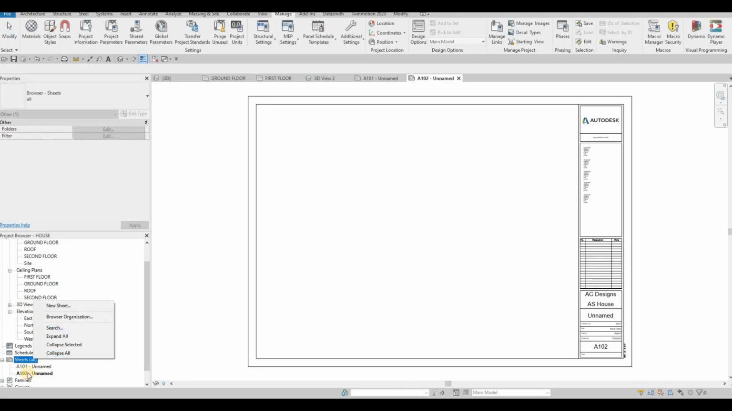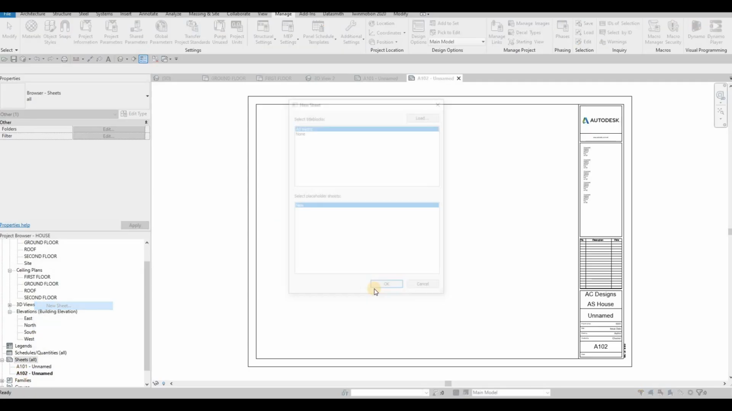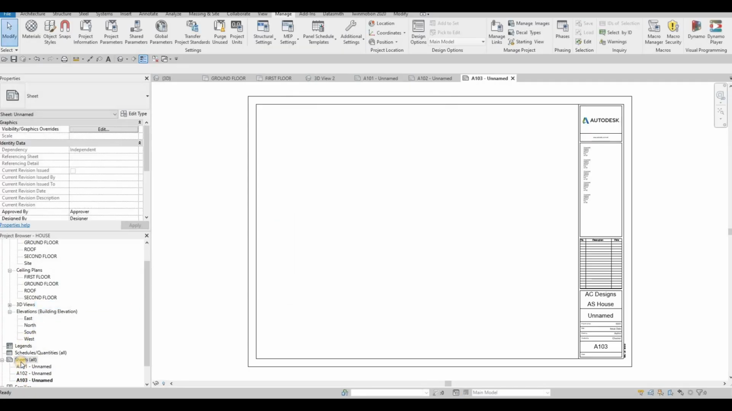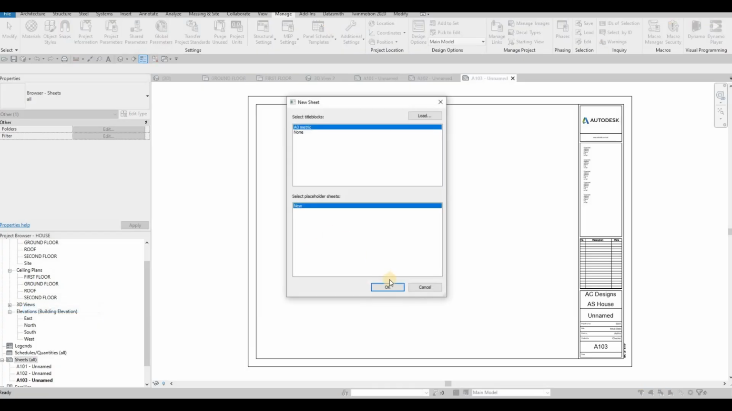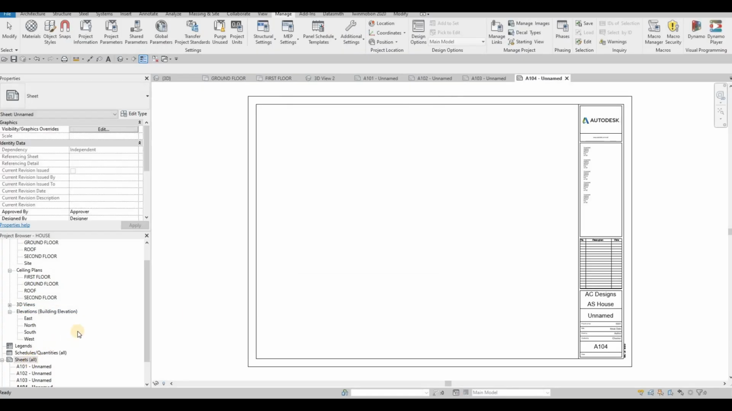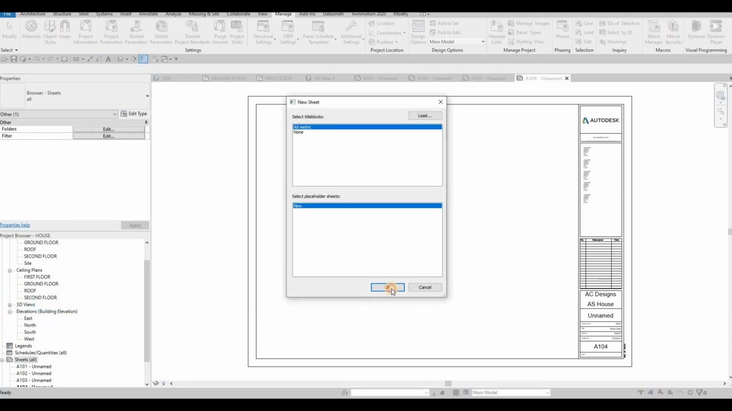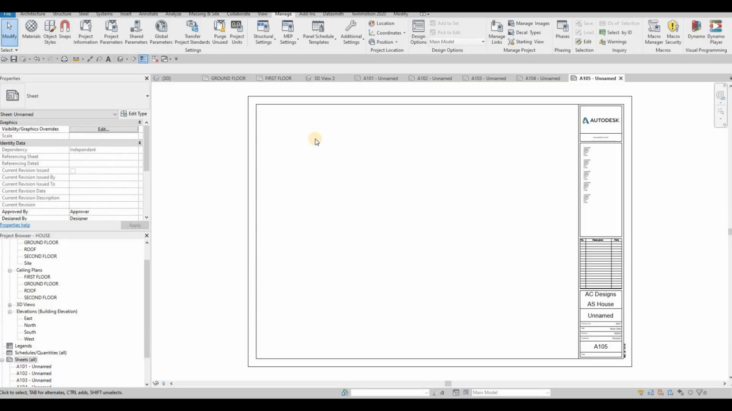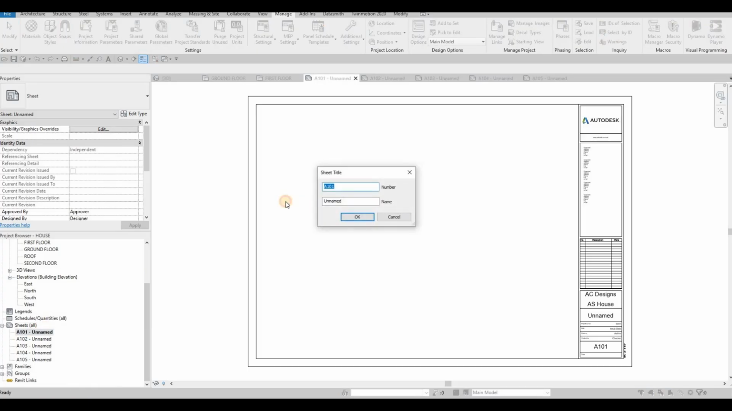So if you notice, Revit recognized the sequencing, and then add 5 for now, and then if we need anyone or anything after this, we're just going to add it. So here, this will be our cover sheet,